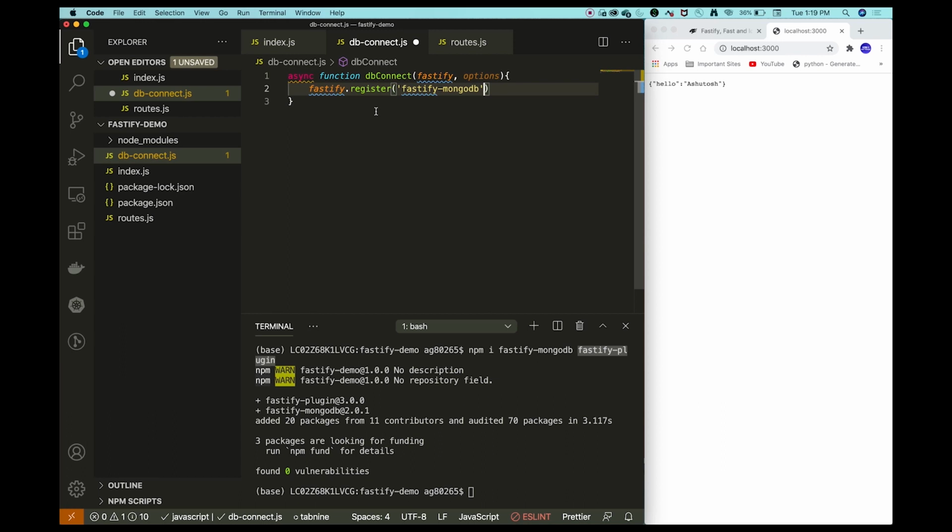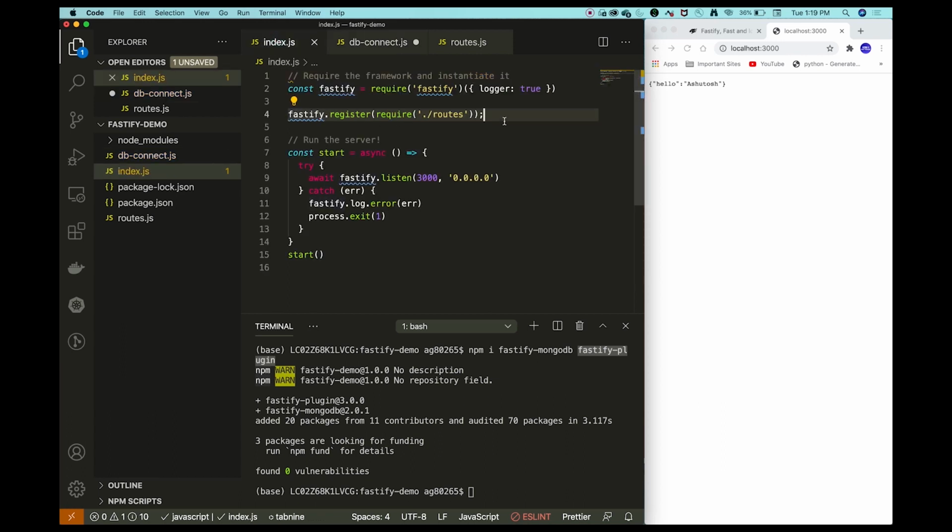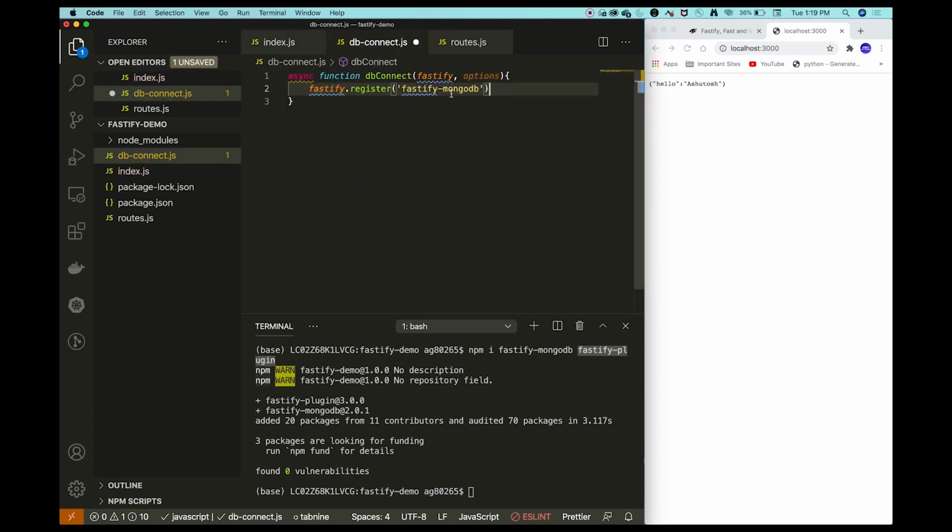Why are we registering this plugin here? We can register this plugin elsewhere as well, but since we want to create our code modular, that is why I am registering this plugin right here.